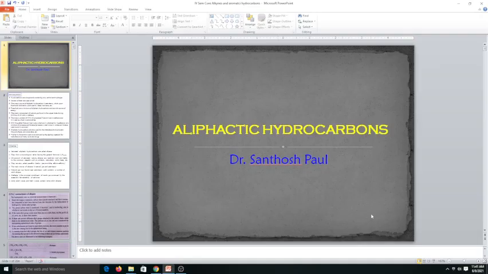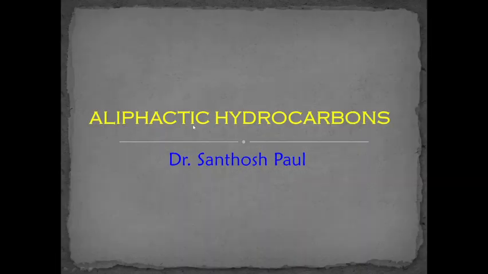So welcome back to the fourth semester last module, aliphatic hydrocarbons. The word itself indicates that in aliphatic hydrocarbons there is no cyclic aromatic ring structure involved in this module. It is all about aliphatic and then hydrocarbons. Hydrogen and carbon are the major elements present in this kind of compounds. Next, let us have the introduction.